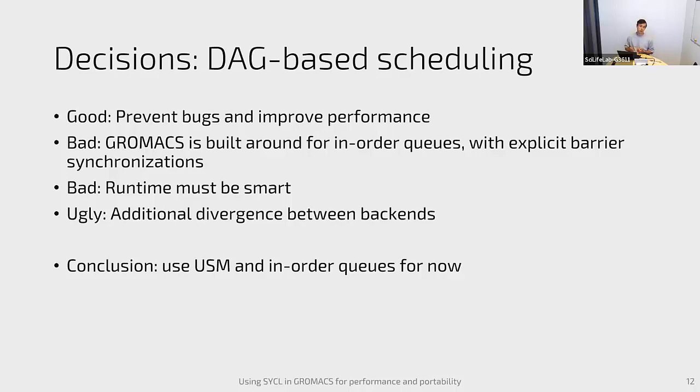It's already a sunk cost. And besides, the runtime must be really smart to outdo all these manual optimizations. And actually, in our small tests, it seems that, at least currently, SYCL runtimes are not as good as what we did. We don't get as good a level of task parallelism as we achieve with our manual